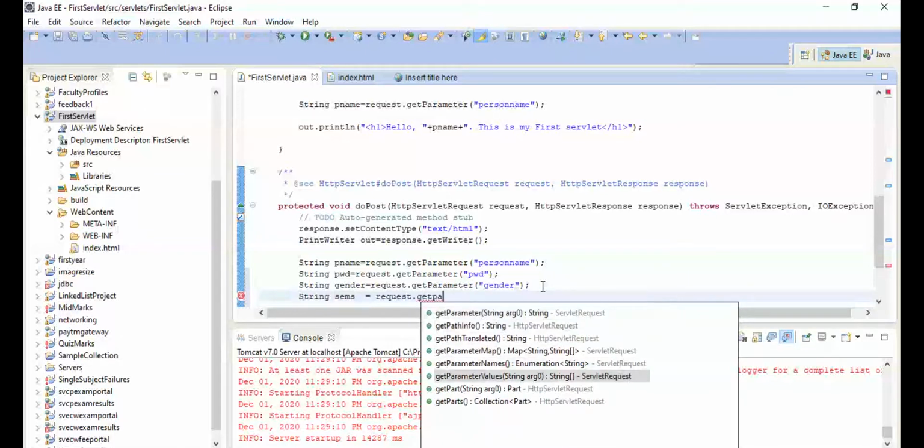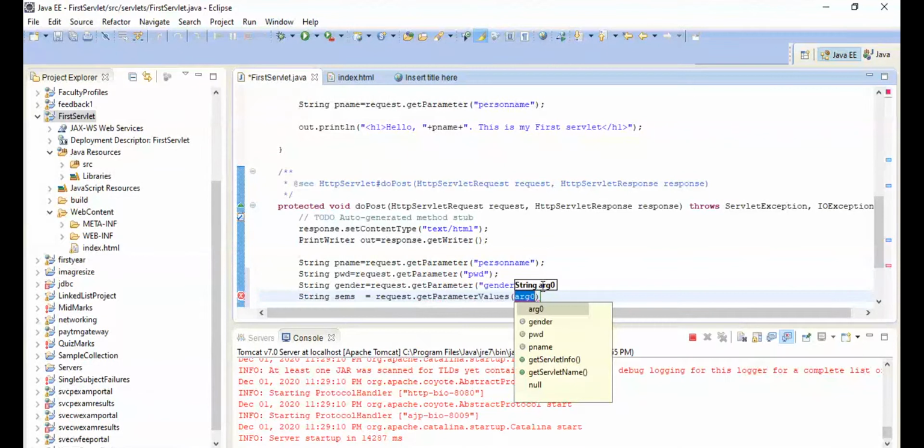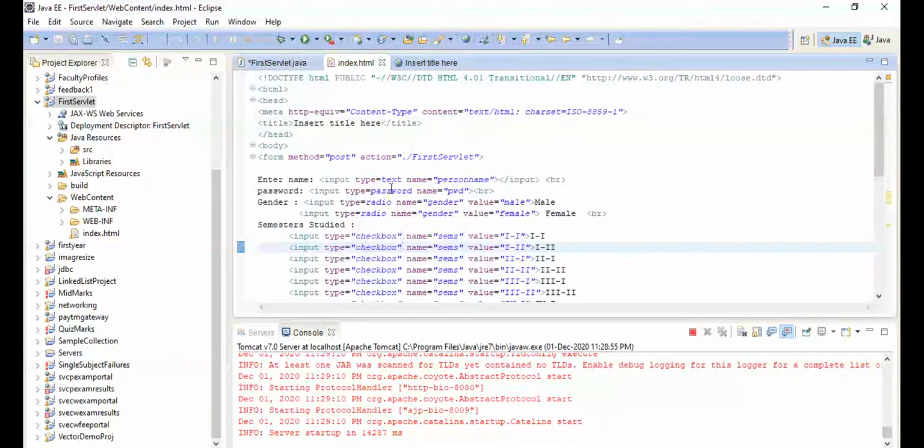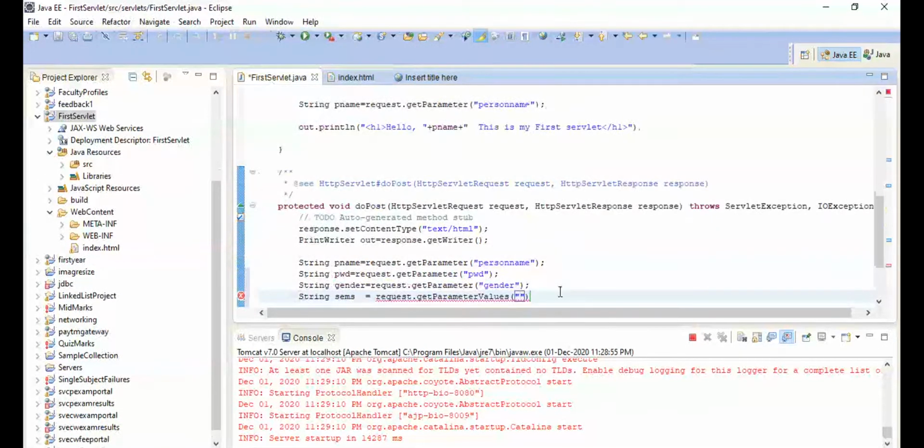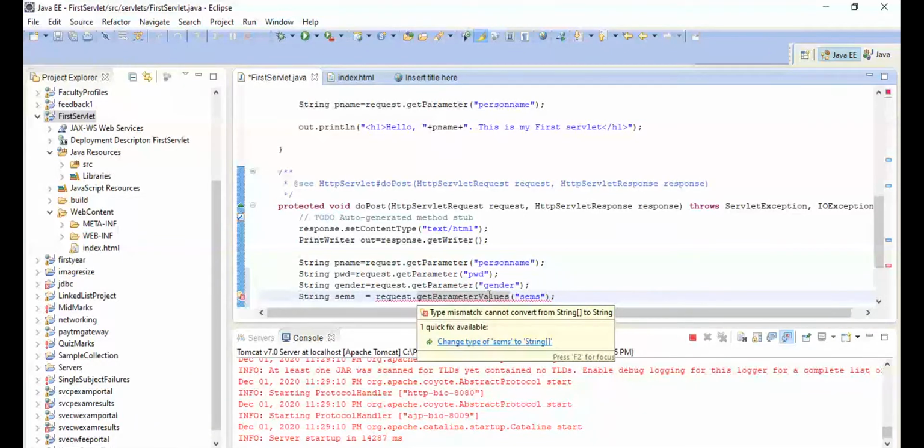There is another method, getParameterValues, used as usual. What is the name here for this checkbox? Sems. So if we use request.getParameterValues, it is possible to receive multiple values. Can you please tell me the provision where to store these multiple values?